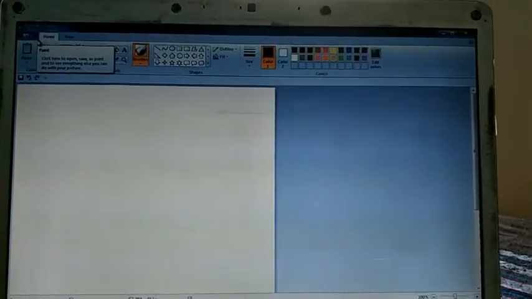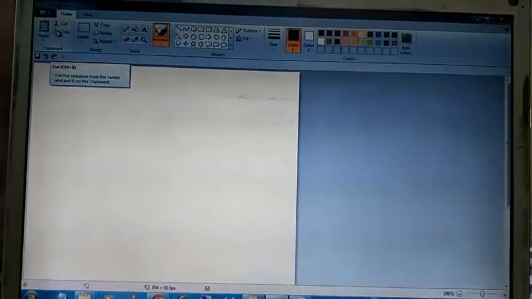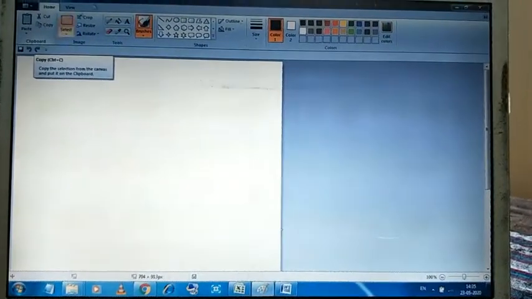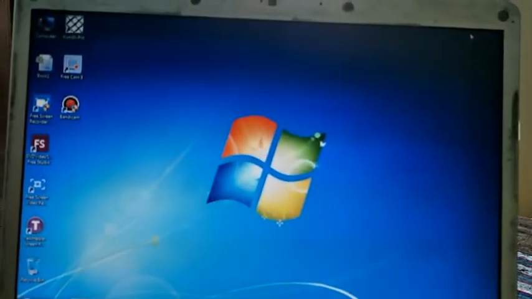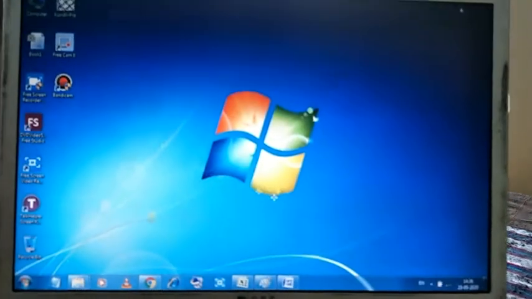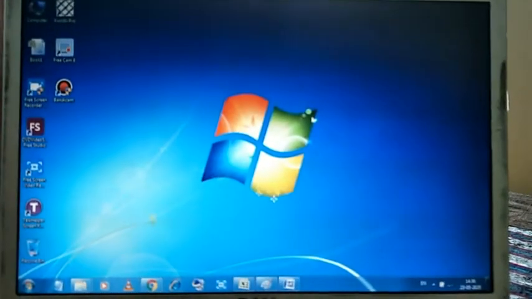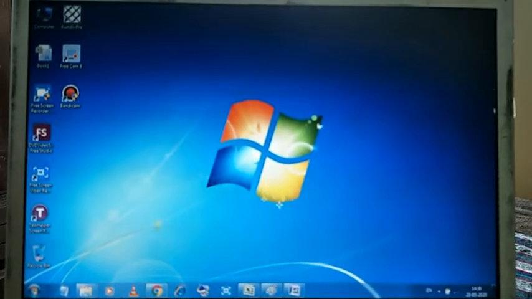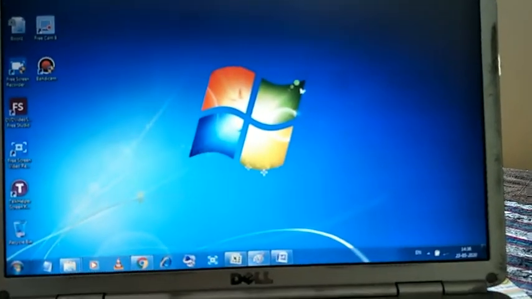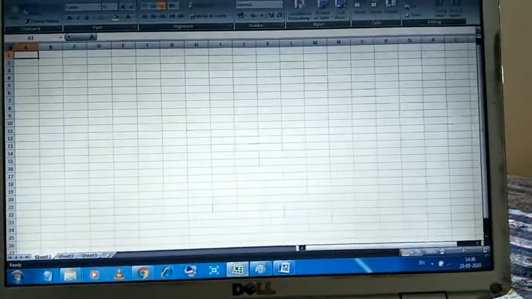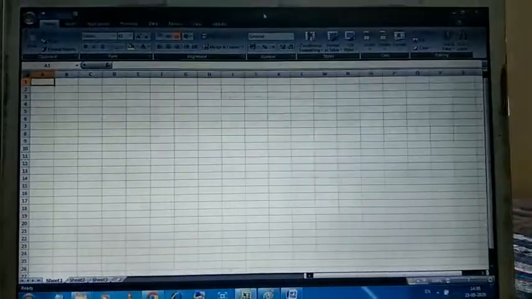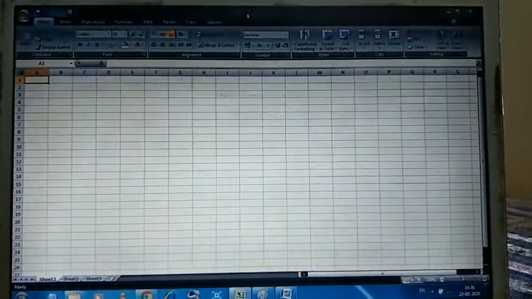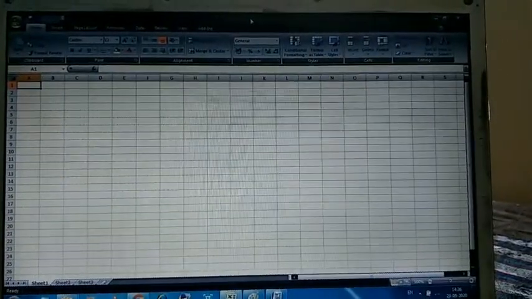Okay, now I'm going to explain what is Aero Snap. What is the use of Aero Snap? Suppose that there are three windows. By using Aero Snap you can use two windows simultaneously. How? First open one window, MS Excel. Hold it from the title bar and drag it to the left side.